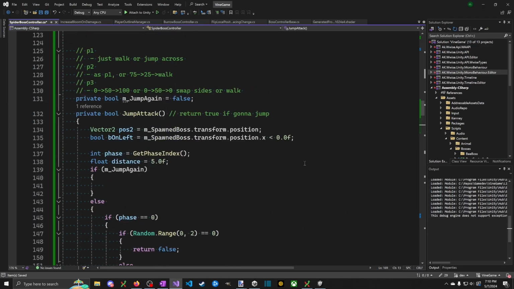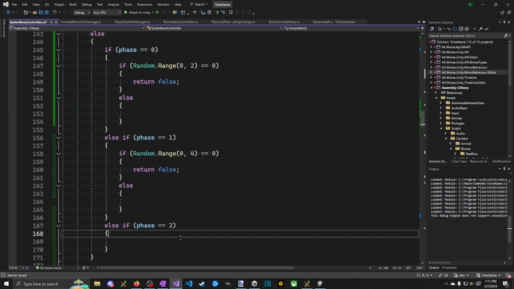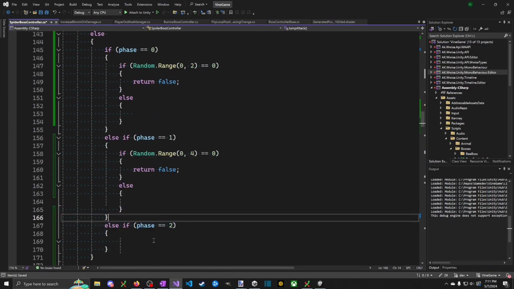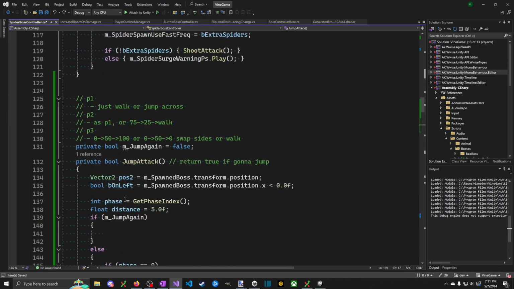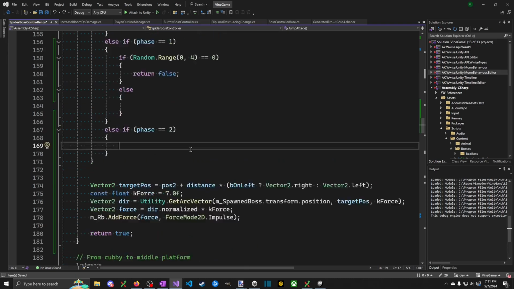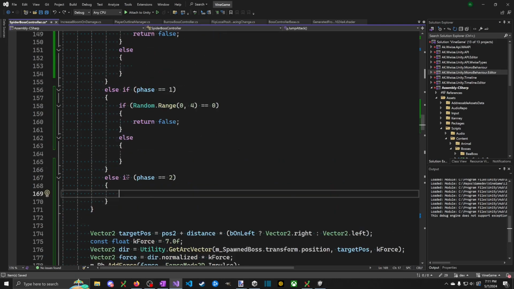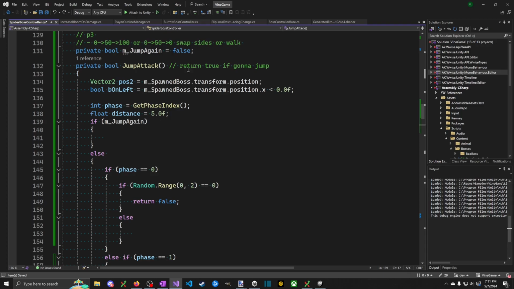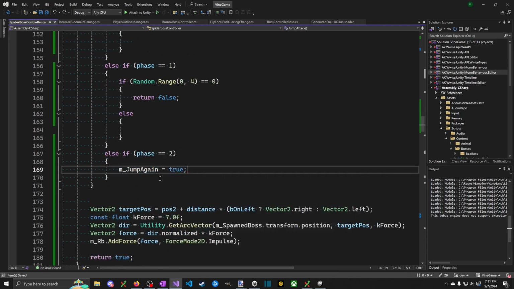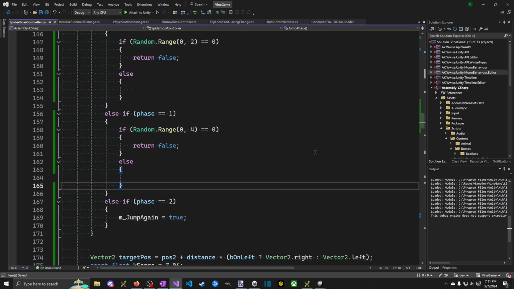And here, it will always jump. The random is for something else. So we don't even have to calculate the random now, we'll calculate the random after. Because this would just take us to phase 2. So m jump again is always true here. But here,